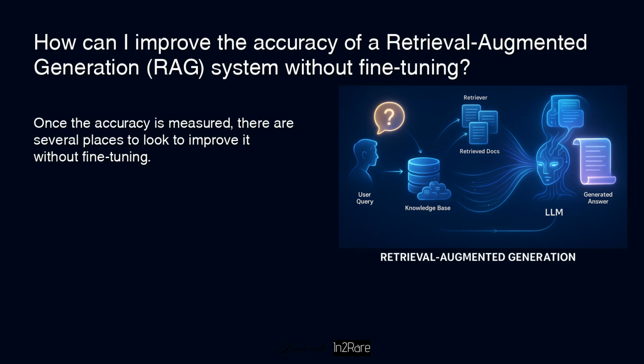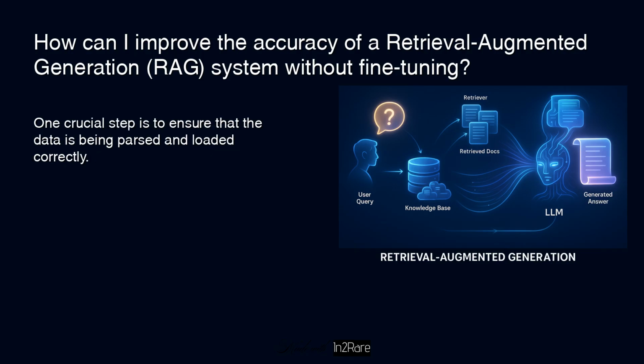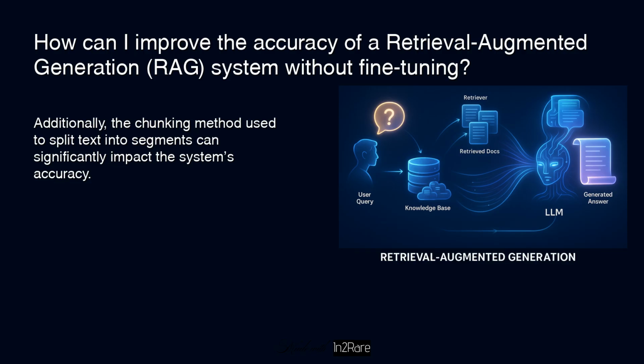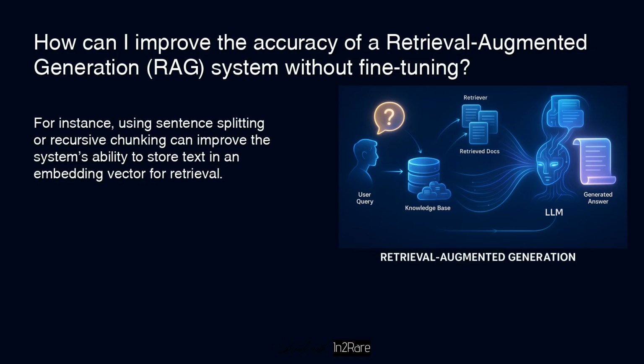Once the accuracy is measured, there are several places to look to improve it without fine-tuning. One crucial step is to ensure that the data is being parsed and loaded correctly. This includes checking for any missing information in documents such as tables or images, which may be missed by certain data loaders. Additionally, the chunking method used to split text into segments can significantly impact the system's accuracy. For instance, using sentence splitting or recursive chunking can improve the system's ability to store text in an embedding vector